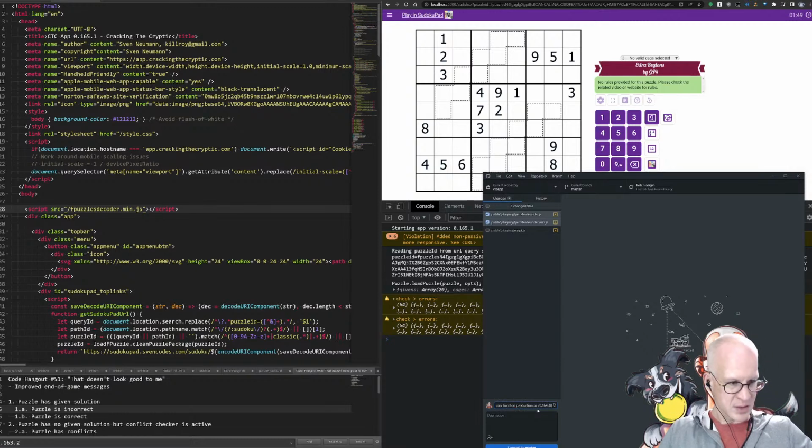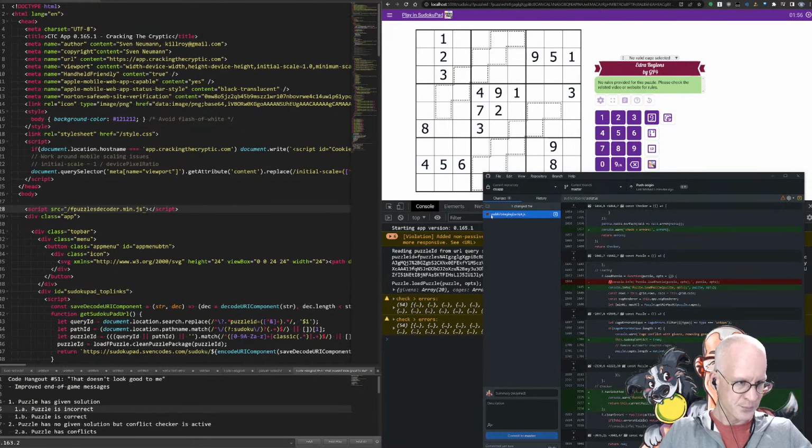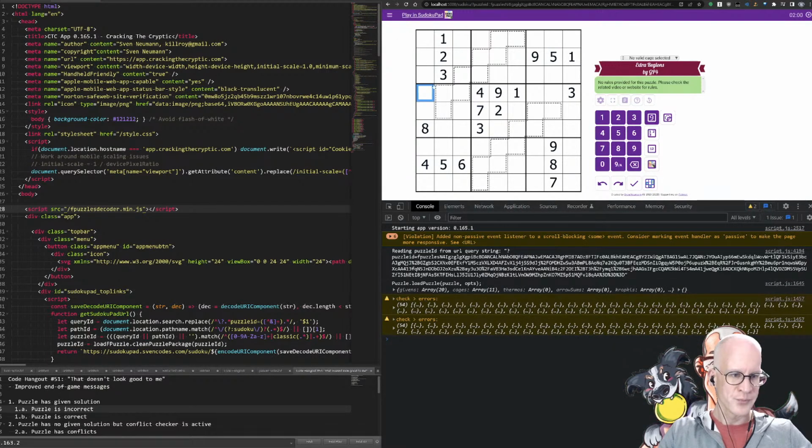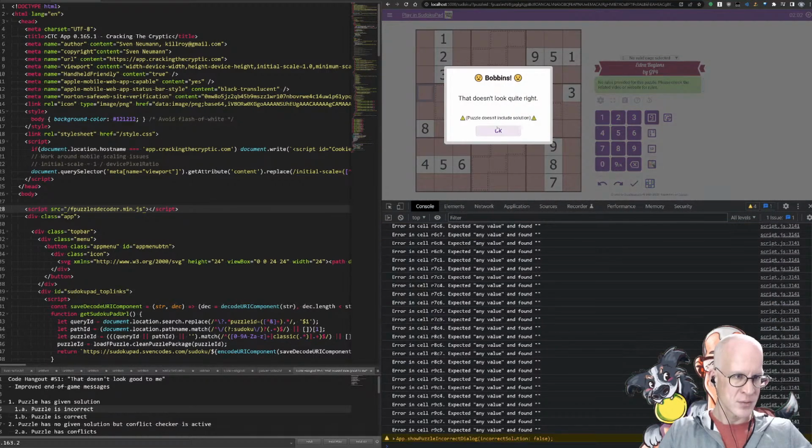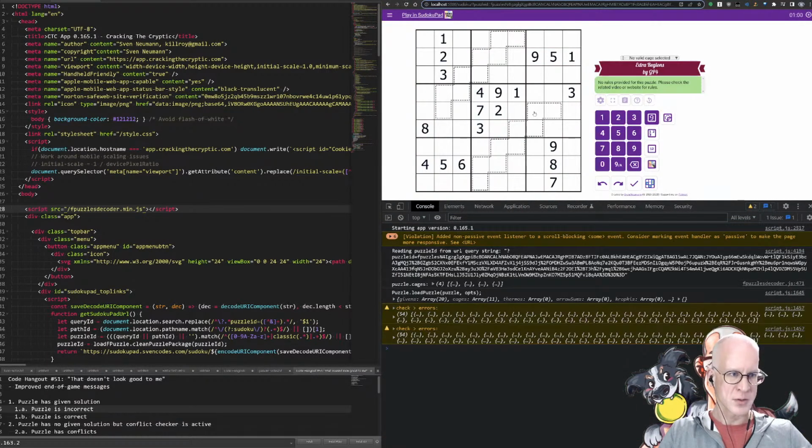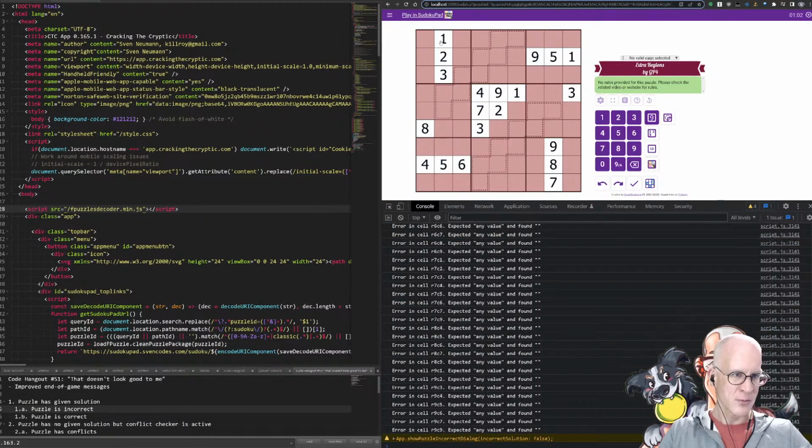And I'm also realizing I have not tagged the release. Actually, no, I think I did. All right, let's finish this off now. I'm already way overdue. So if I do a check on this one, that doesn't look right. Puzzle doesn't include solution. That doesn't look right. Okay, well, they're the same ones.